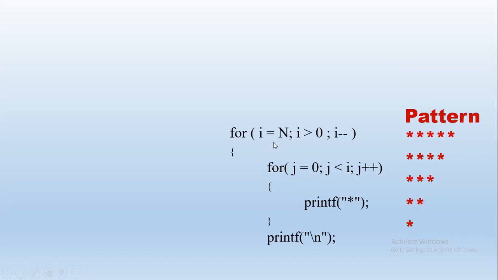So why does i start from 5? We need to count 5 times, right? So 5, 4, 3, 2, 1. i is used only for counting the rows, okay? So the number of values is dependent on j only. So j has to be given as j less than i. First, if i is 5, j works from 0, 1, 2, 3, 4. Next, j again starts from 0, right? We know that j again starts from 0 when i is decremented.